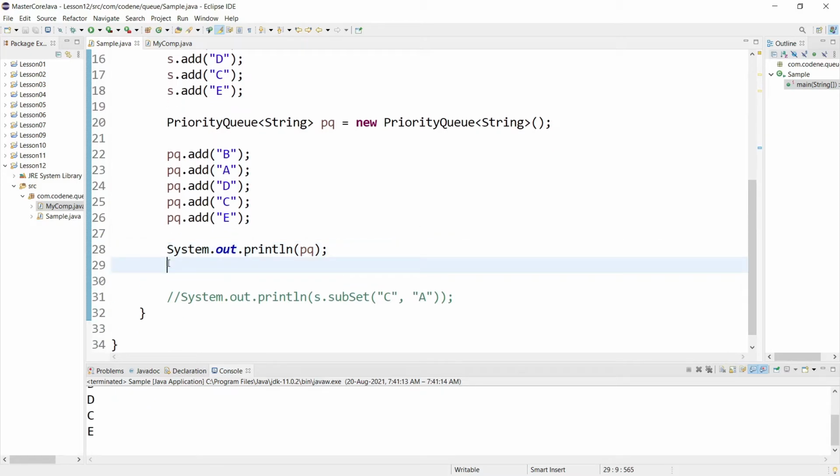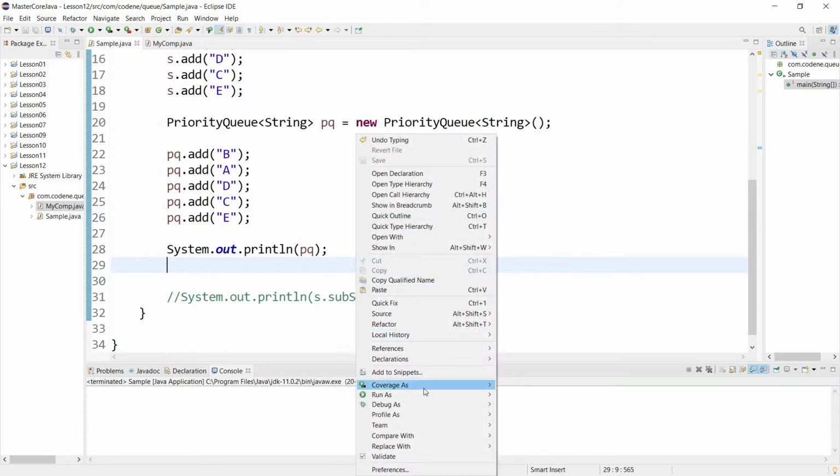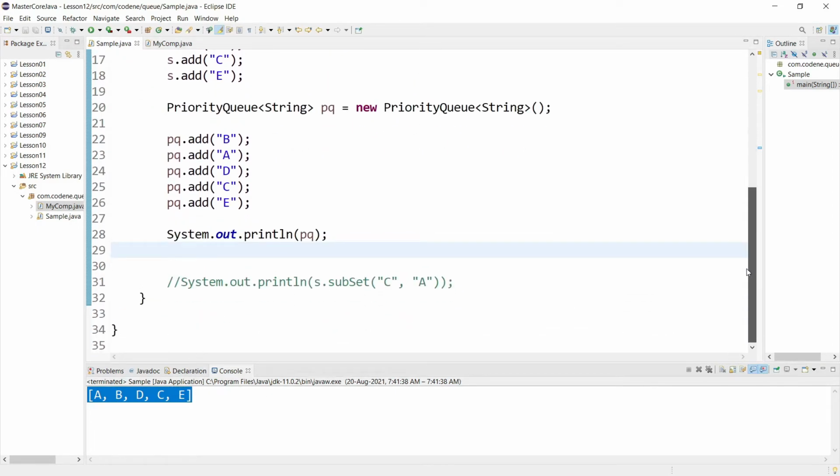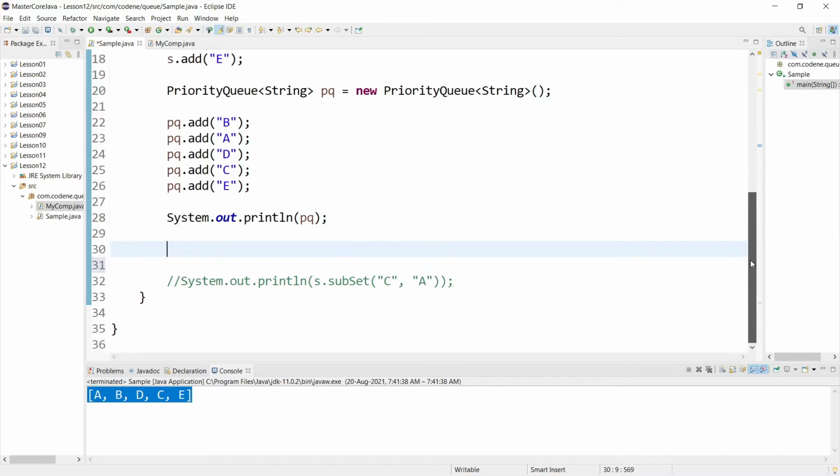That is the work of our priority queue. But you need to understand that priority queue does not promise that the iteration will be in a sorted manner. Right now I am getting it in a sorted manner, but it is not promised. Like the example of HashSet, where it was coming in sorted manner, but Java did not promise that the iteration would be sorted. Likewise, priority queue does not promise sorted iteration, but the priority, which by default is in ascending order, is decided by your peek and poll.